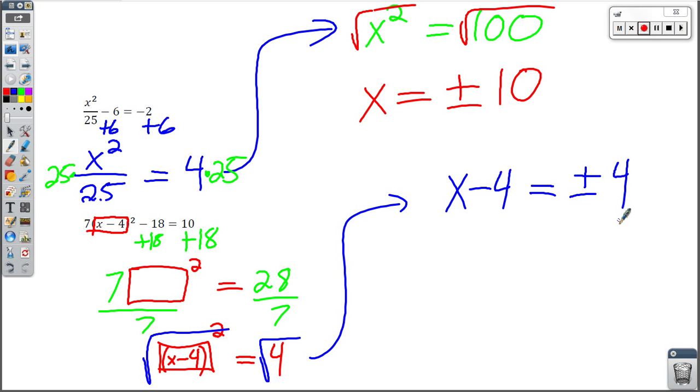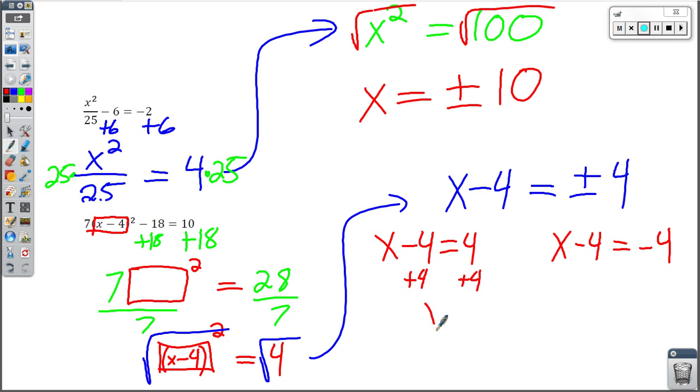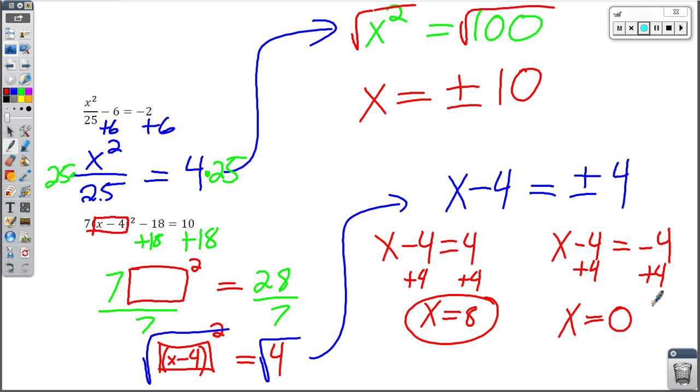And now we want to solve this. So the best way to solve this, I think, is to just remember that there's really 2 different equations packed into this. So we've got one equation where x minus 4 is equal to positive 4, and another equation where x minus 4 is equal to negative 4. And then we can solve both of these equations. So here we're going to add 4 to both sides, and we get x equals 8, so that's one of the solutions. Here we're going to also add 4 to both sides, but this time we're combining negative 4 and 4, so that gives us 0. So the 2 answers to this equation are 8